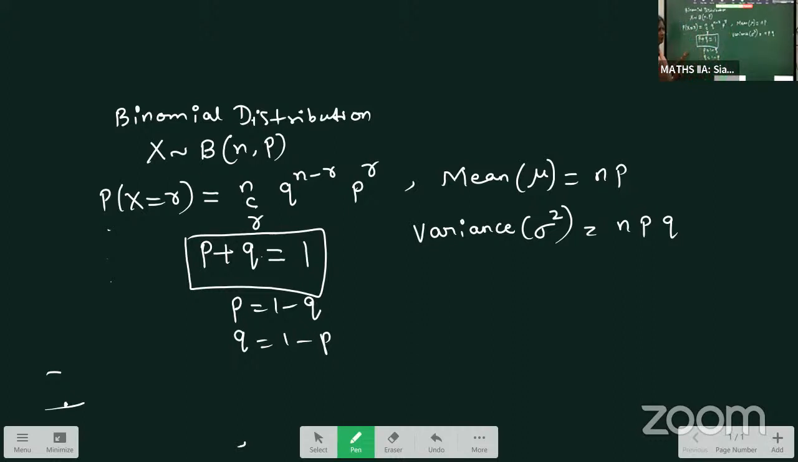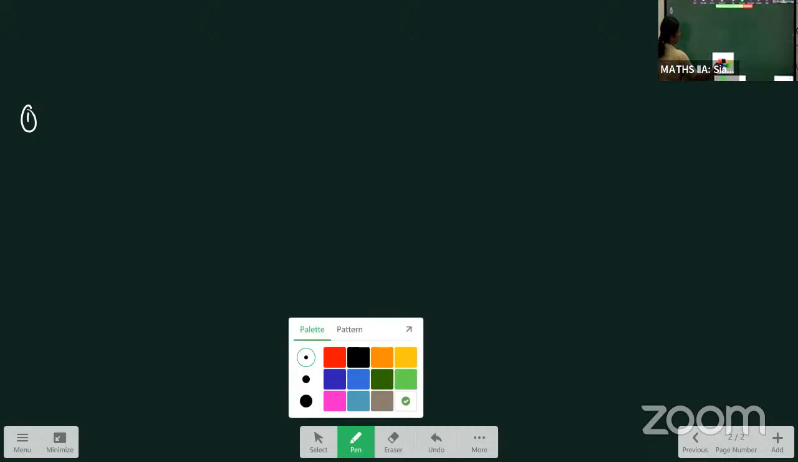Today we will go on with the continuation of this question. It is the LAQ. First question. In the experiment of tossing a coin, in the experiment of tossing a coin,